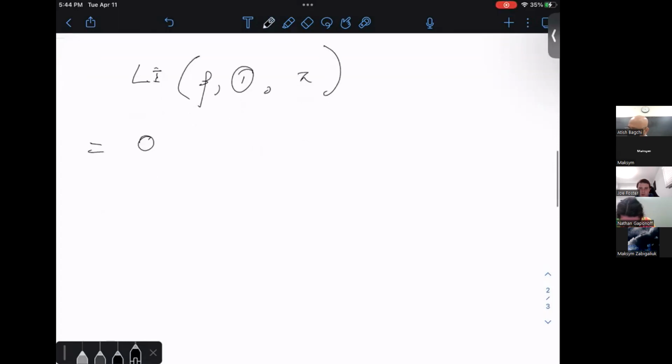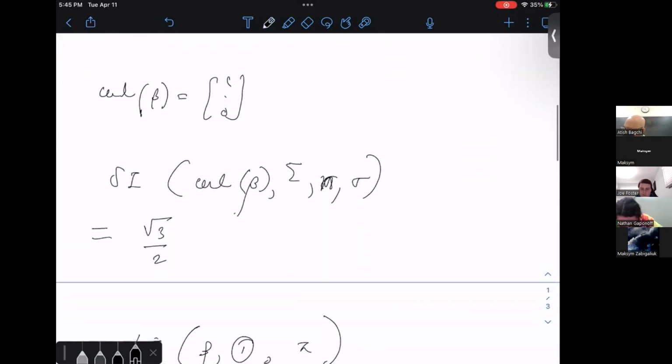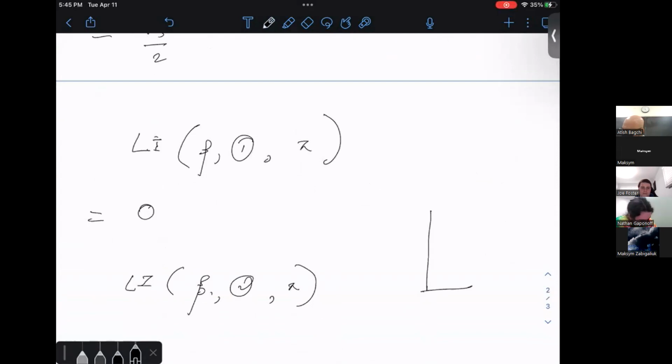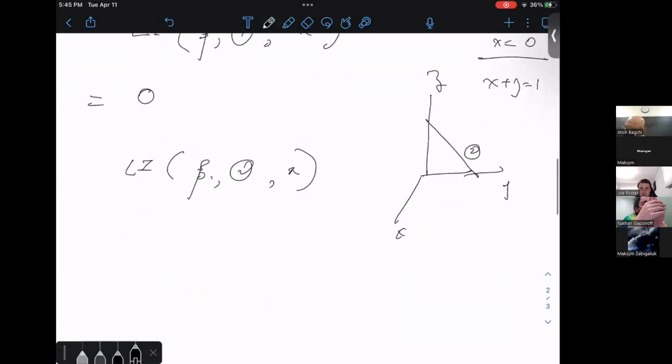Okay, so we have to compute the line integral of beta along 2 with whatever parameterization. Now, 2 is which one? 2 is that one. Okay, so you have to parameterize 2. 2 is this one, this line. So that is x plus y plus z is equal to 1. And this is x-axis, y-axis, z-axis. X is equal to 0. So that means x plus z is equal to 1. So that means it would be,